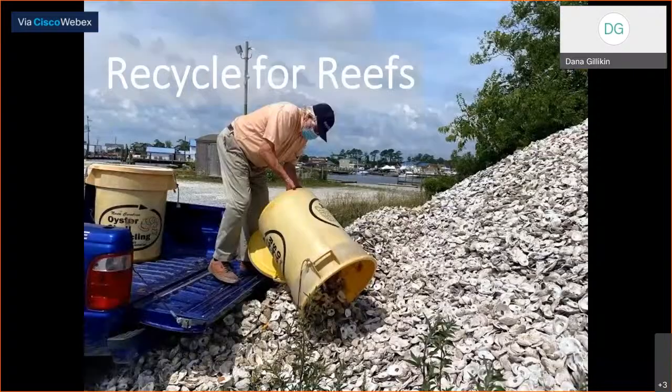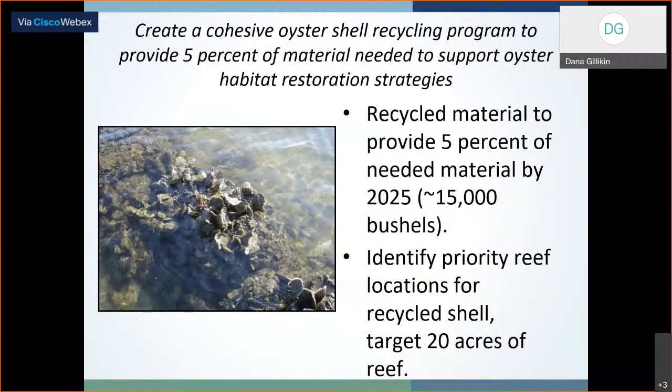Oyster shell is a valuable resource in the state of North Carolina. It is used in many restoration activities to build our new oyster reefs. And that shell, when it's placed in the right locations, becomes home for new oysters. As you probably know, it is illegal to dispose of oyster shells in a landfill or use them for commercial